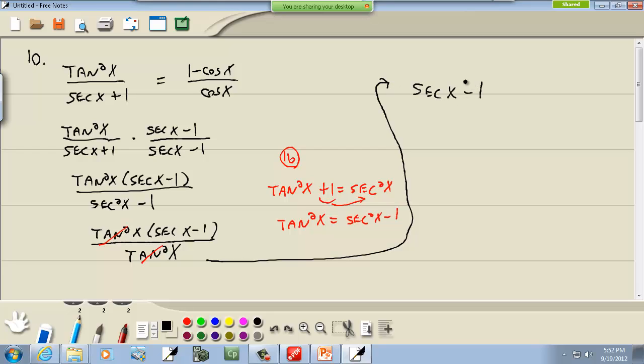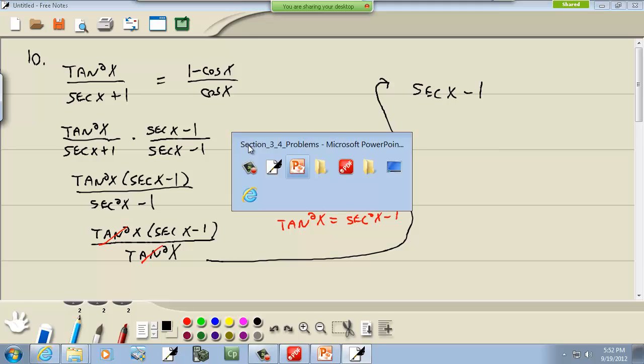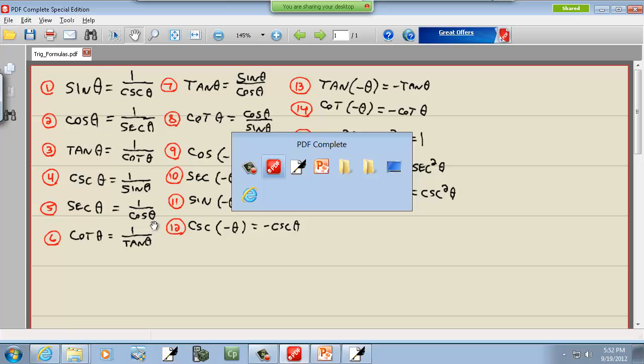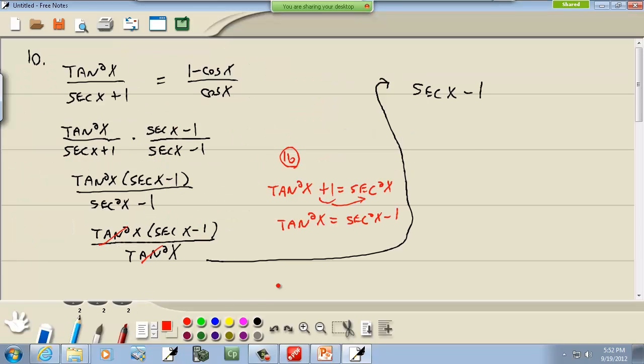secant x minus 1. Now it doesn't hurt to look and see where you're headed. We need cosine. Well, that's easy. Secant is equal to 1 over cosine. Excuse me, number 5. So secant becomes 1 over cosine